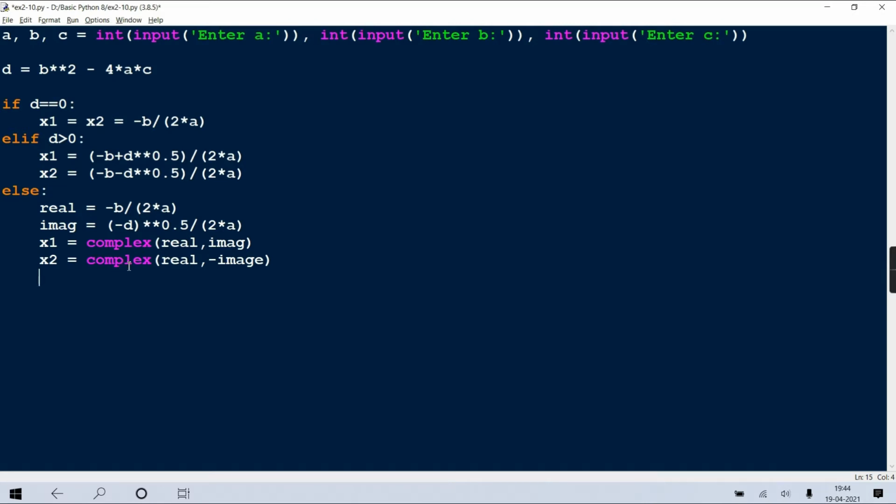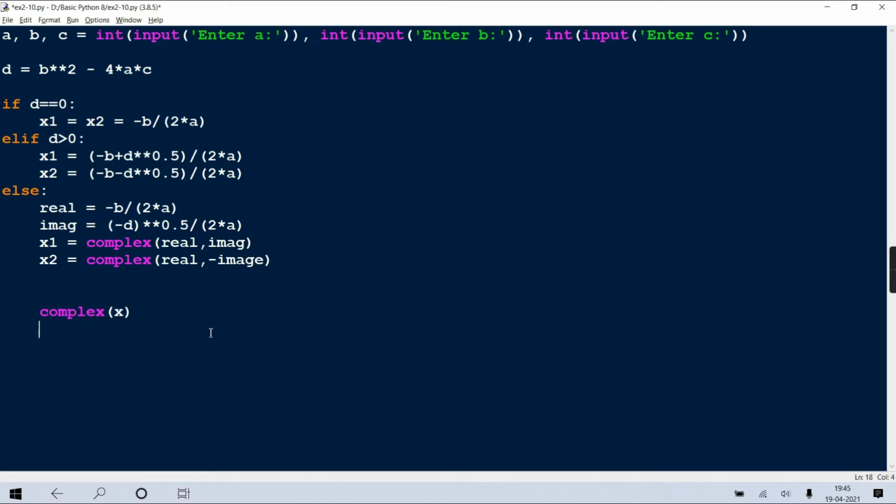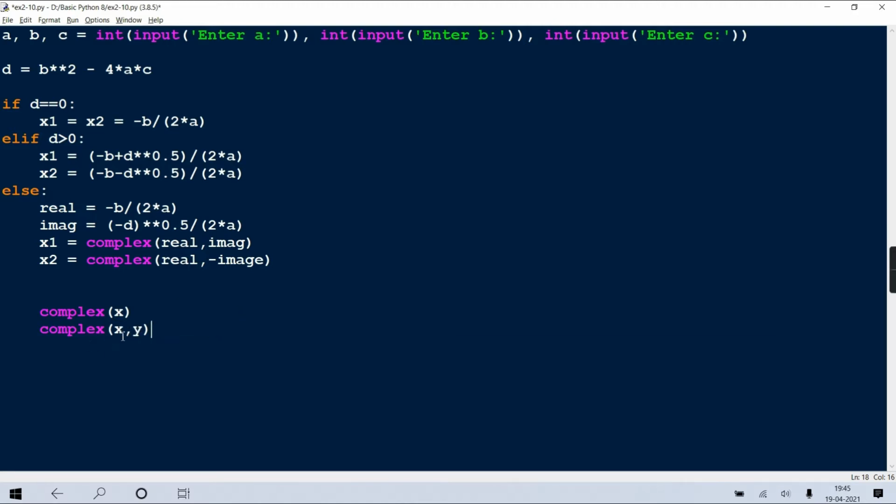You remember, in the first chapter when we took the topic called casting, we studied converting anything to integer, float, string, boolean, complex. At that time I told you two versions: complex x and complex x comma y. When you write complex x comma y, it creates a complex number x plus yj, meaning y becomes the imaginary part and x becomes the real part. Now only one typing mistake.